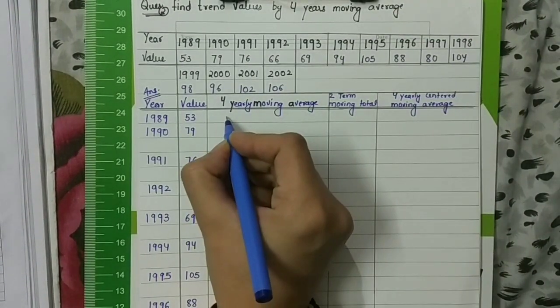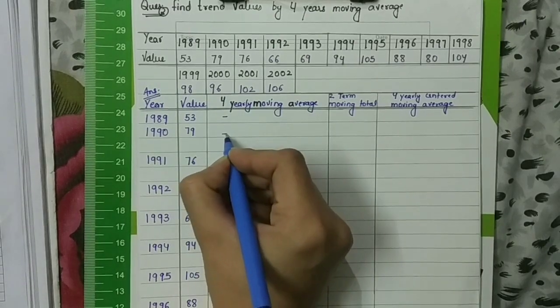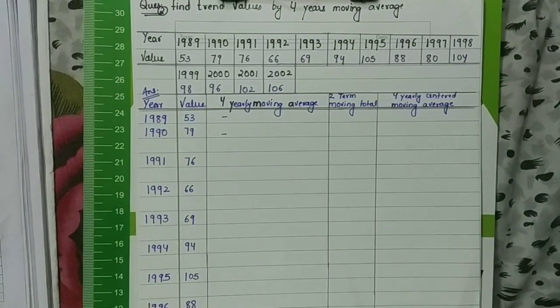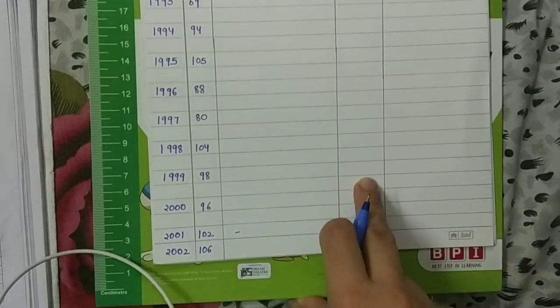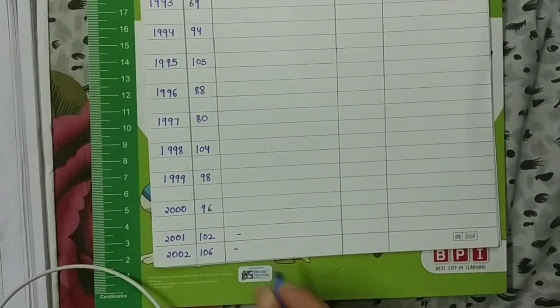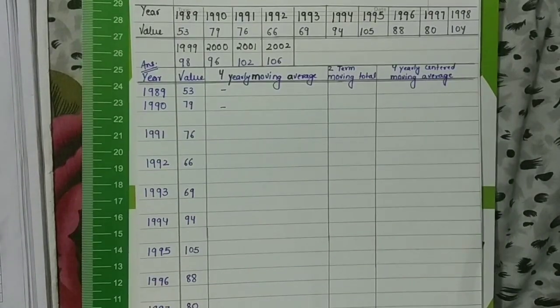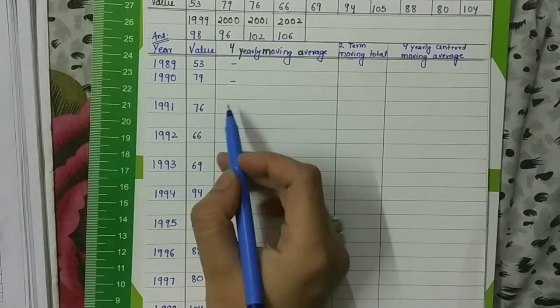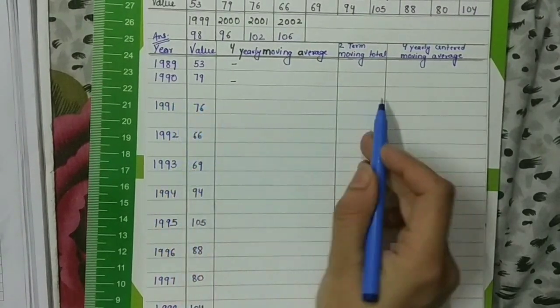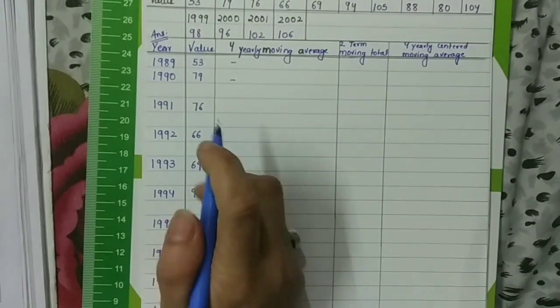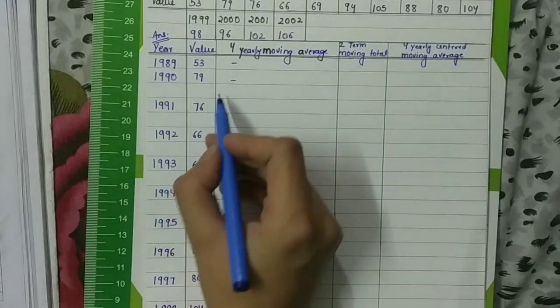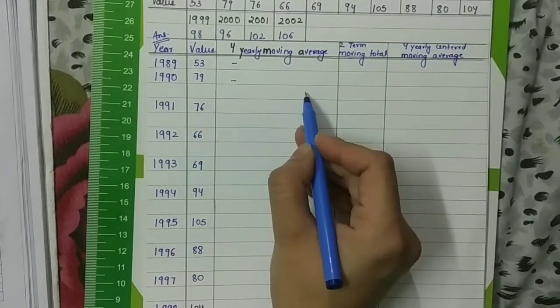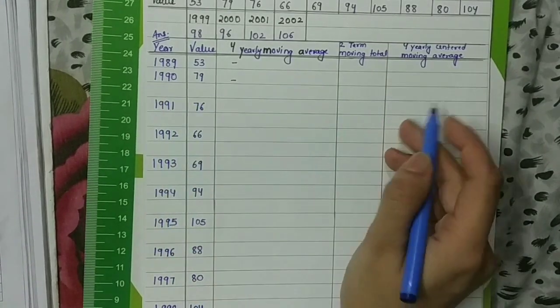First of all, there will be no use of these 2 rows as well as these 2 rows. So I have put a blank in advance. For the other rows I have kept a gap for all other years because I need to write in the middle here. So I have kept a row free.